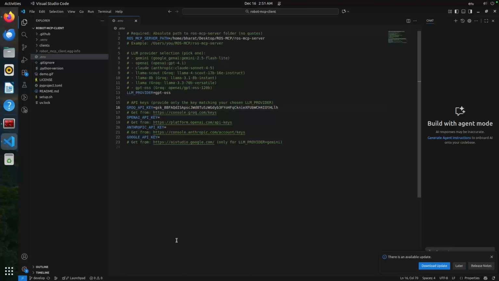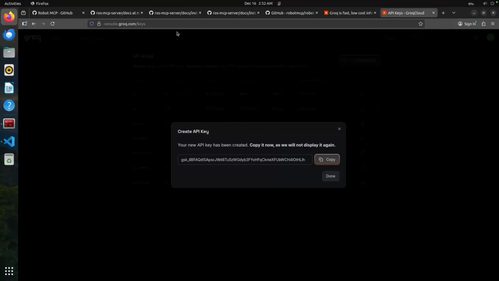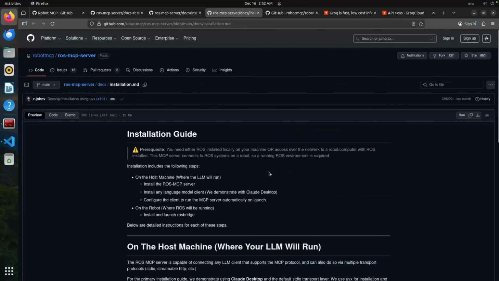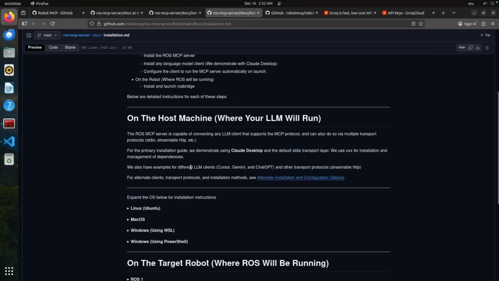Alright, so now with this, you've successfully set up your MCP client, and we are ready to use the server itself. One quick thing before we actually start using the server is that we would require a ROS-bridge to communicate between the server and the ROS operating system on the robots. This helps in transferring the messages from whatever the LLM or the MCP is providing to the ROS and vice versa. To make sure that you have the given requirements, go to the installation.md file in the documentation, and then